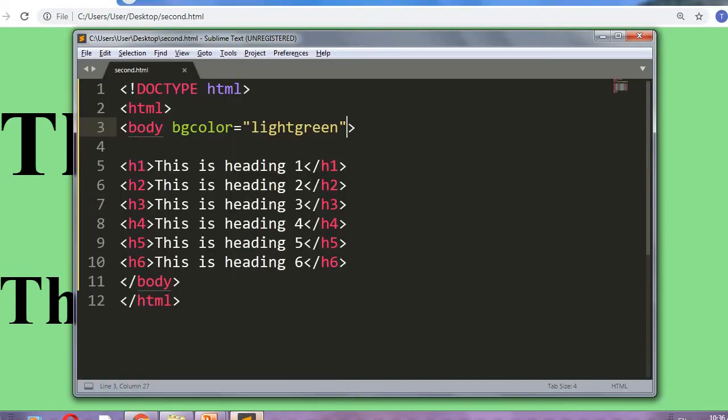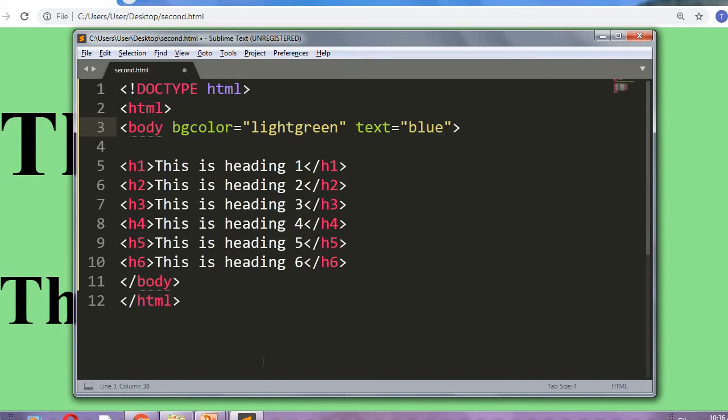Now next, if you want to change text color, give another attribute, just give a gap. See and listen carefully, just give a gap. Text is equal to, which color? Blue color.